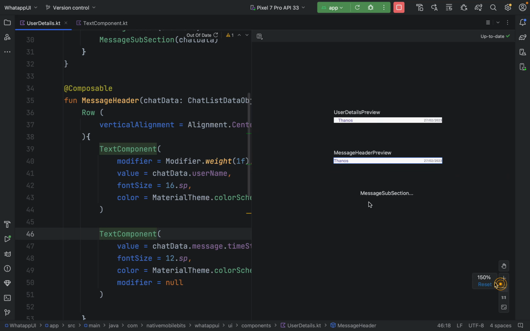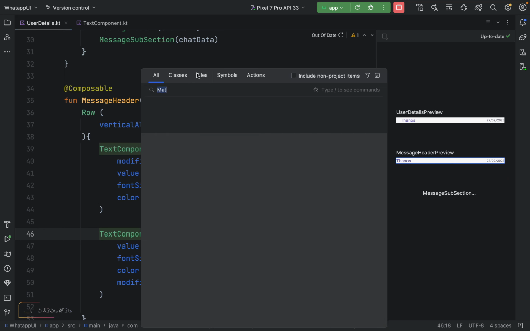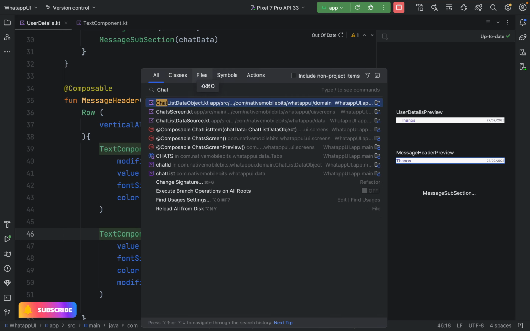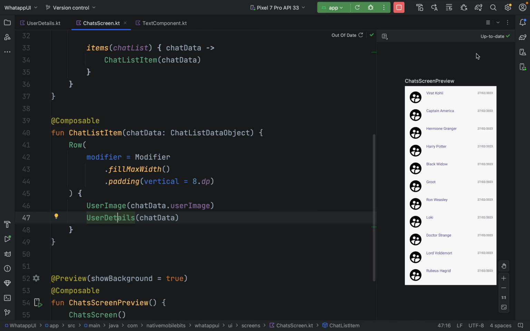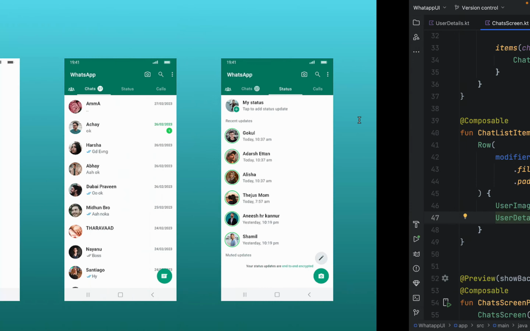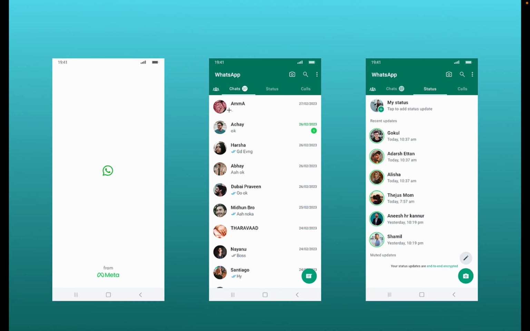Okay, so let's go back to our list and see how our list is looking now. So that should be our chat list screen. It's refreshing, and we can see that now we have some kind of data at least, right? So we have the name and we have the date. It's looking nice, right? So now let's go to the design,